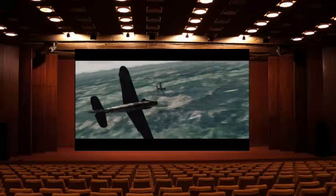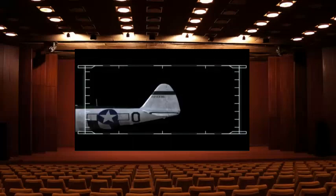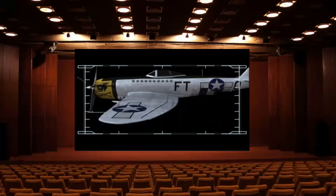Dahlberg calls on an ingenious evasive maneuver, a technique called cross-controlling. The rudder pushes the nose left or right. The ailerons roll the airplane. By ruddering one direction and rolling opposite, the Thunderbolt actually skids sideways, making it extremely difficult for the 109 to